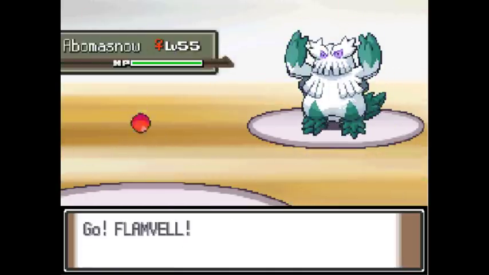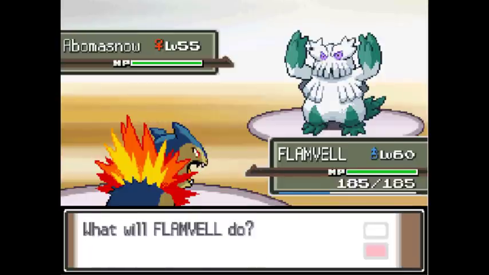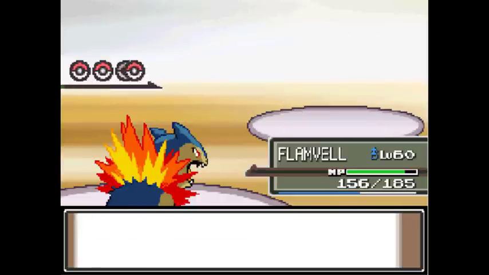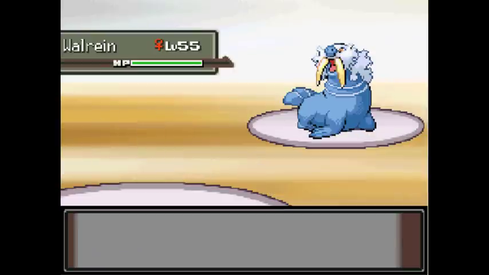Use any fire type to outspeed and one-shot the Abomasnow. After that, Candace will always send in Walrein next, so I switched in Umbreon. Walrein did do a bit more damage than I would have liked because Blizzard will never miss in a hail. I should have switched in Blastoise instead to put it to sleep, but anyways, I did manage to baton pass